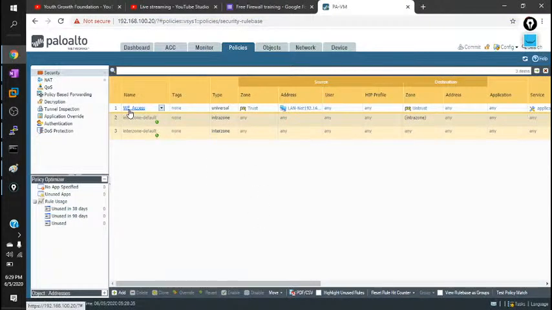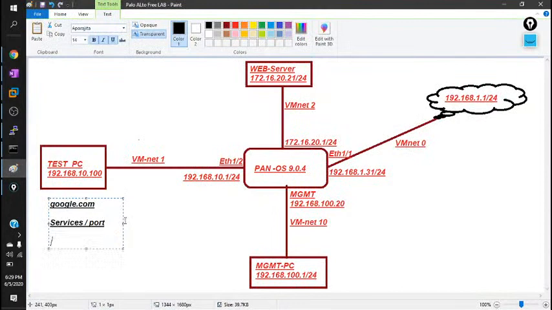Just leave this rule as it is. To access google.com, first of all we need HTTPS, and HTTP, then we need DNS. Yes, right, we need all these services.